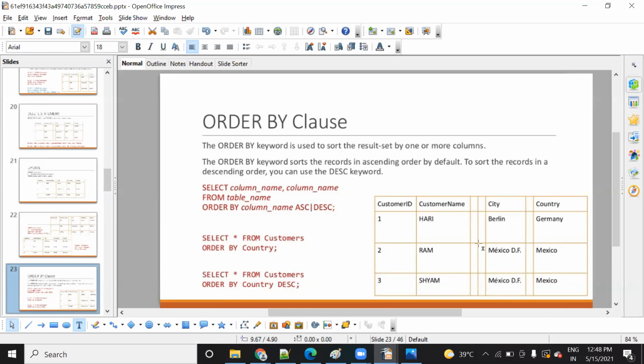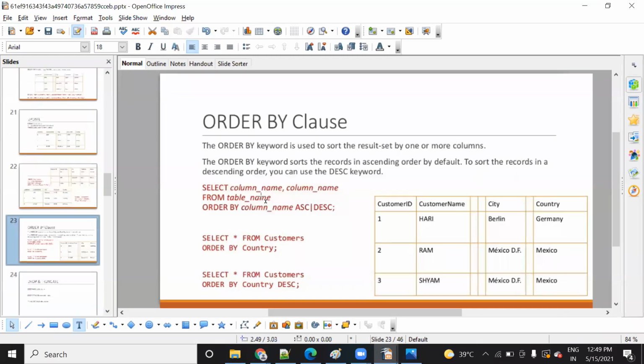Whichever alphabet comes last will come first, like M is coming after G, so M will come first, then G. Descending means from greater to smaller. Like Z, you start from Z and go till A. So what is the syntax? Select star or select column name from table name, customer is your table.